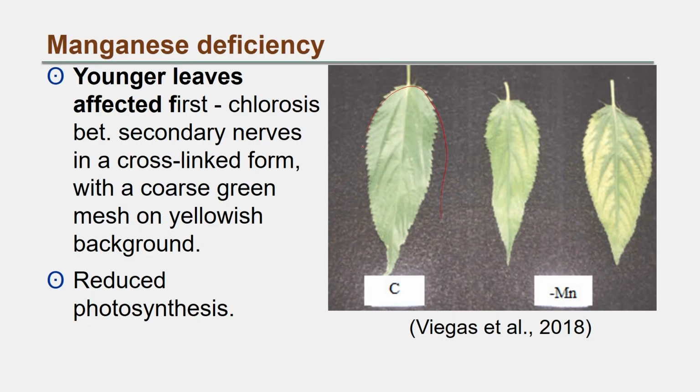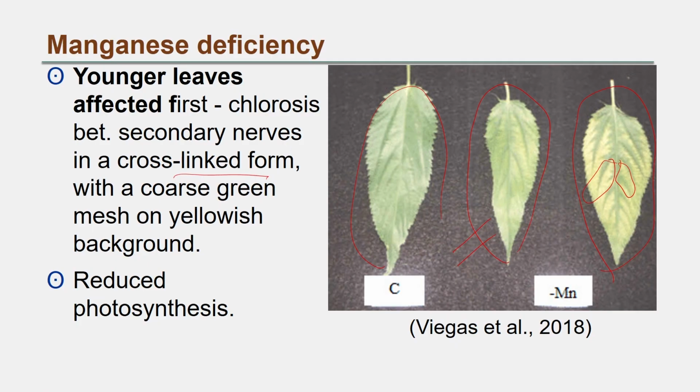This is control, and here you can see the yellowing of interveinal area and the reduced size of the leaf when manganese is deficient in jute plant, and younger leaves are affected first. Chlorosis between secondary nerves in a cross-linked form. You can see cross-linked form, this side and this side, with a coarse green mesh on yellowish background, and reduced